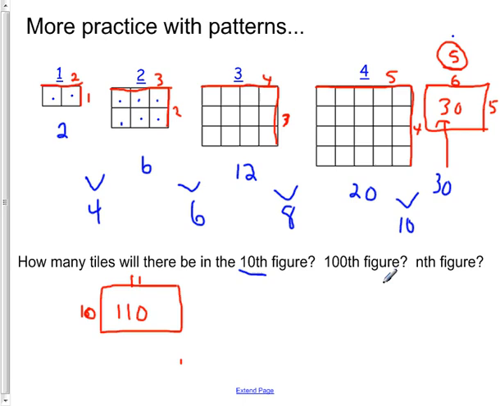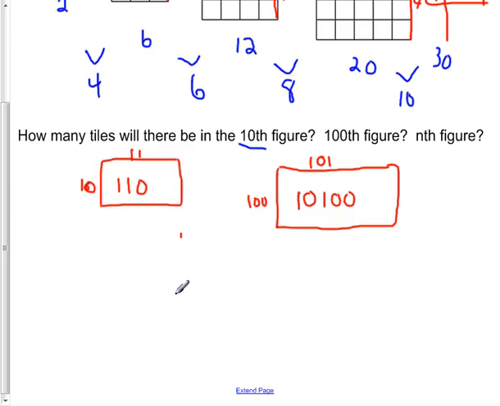For the 100th figure, across the top, we said it's always 1 more, so it's going to be 101. And then on the side, it's going to be 100. So it's always going to be 1 more across the top and exactly that term on the side. So it's going to be 10,100 tiles. And then lastly, for the nth figure,